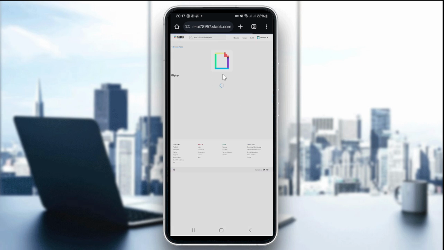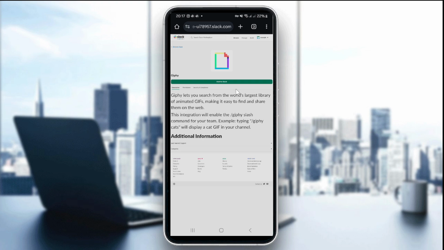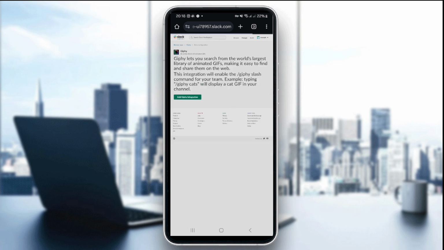And once the Giphy page appears, make sure you click on Add to Slack. It will be added here. Let's refresh the page. As you can see, the green button says Add to Slack. You're gonna click on it. Now make sure you signed in using your account's credentials. After you add the Giphy integration to your Slack account,